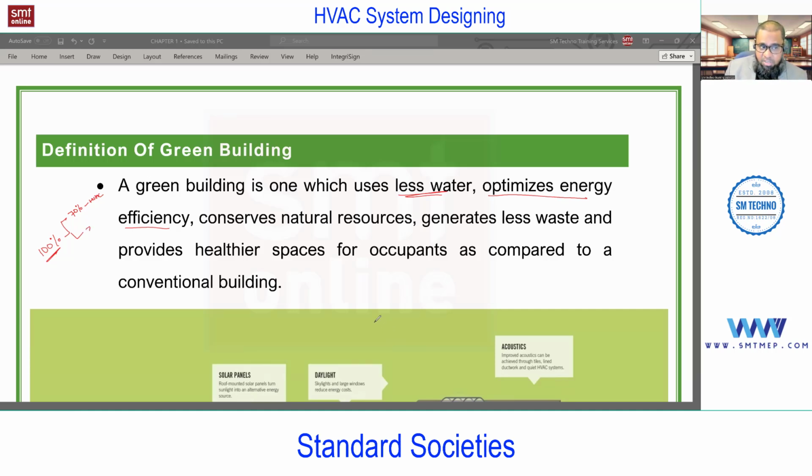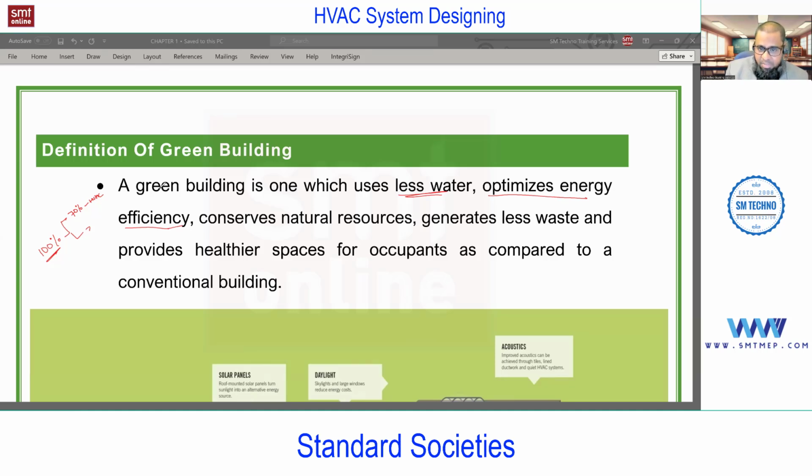So as an HVAC engineer, your role is to design your system with the maximum efficiency, means optimize energy efficiency. If you design the HVAC system in an efficient way for one project, similarly all the engineers of your city design the HVAC system in an efficient way. And further, all the engineers of the country, and throughout the world, if everyone is designing the HVAC system in an efficient way, everyone is contributing in saving the energy, no?